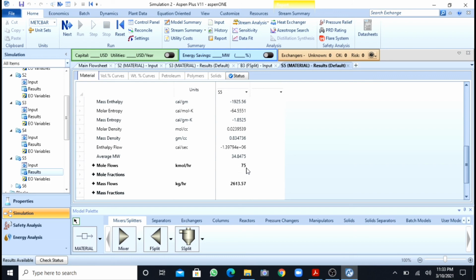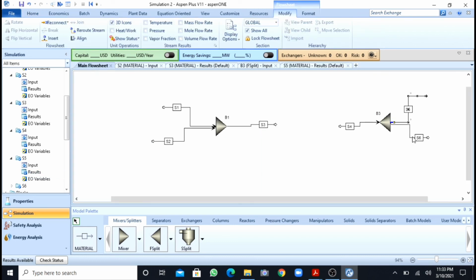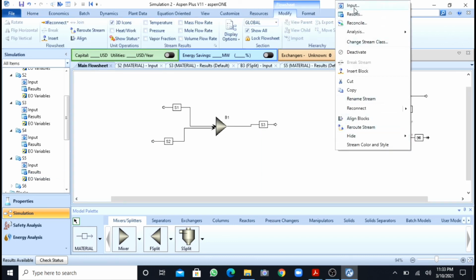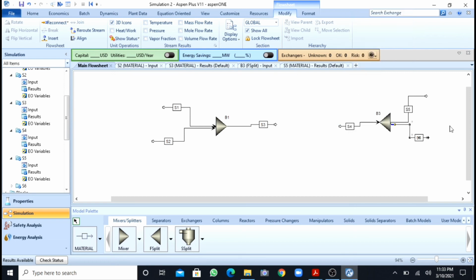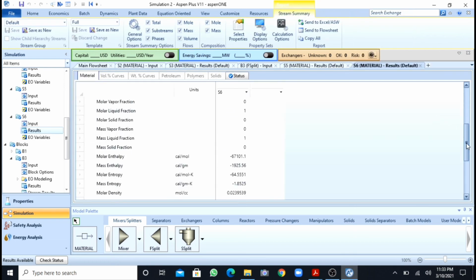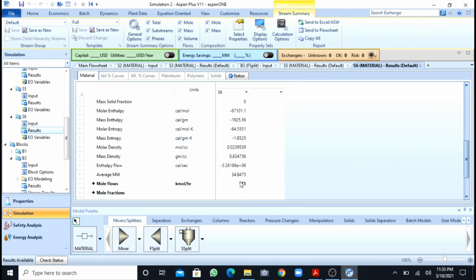So S5 has 75 kg mole, and we can go to S6. I can press the results. When I see the results, it is 175, because 70% of 250 is 175.